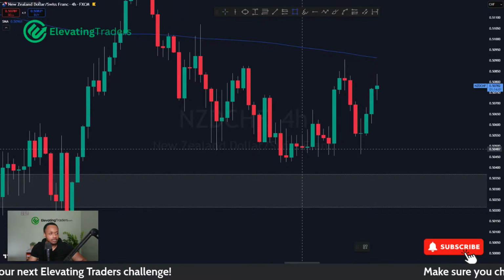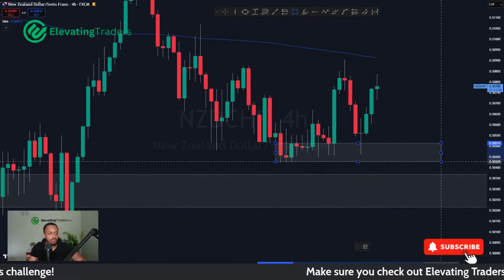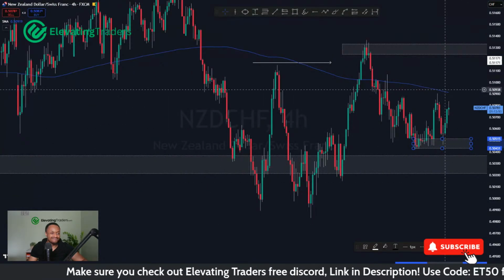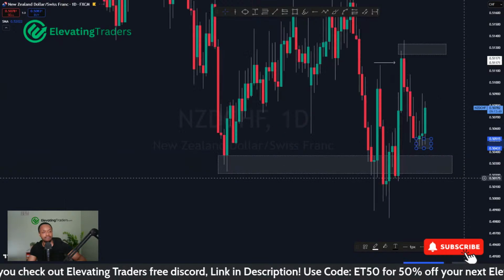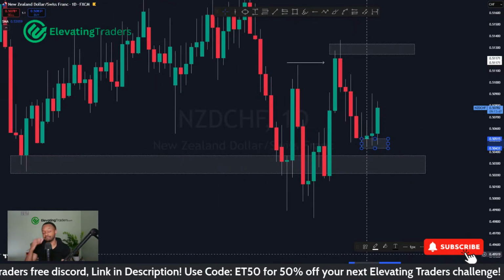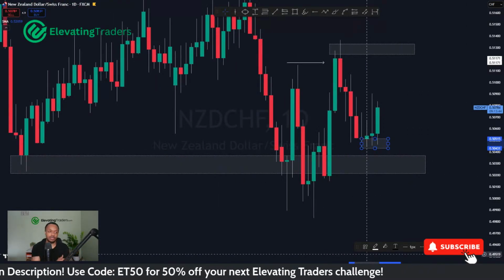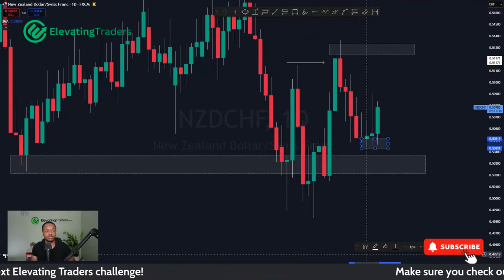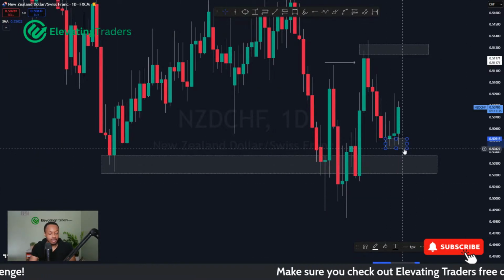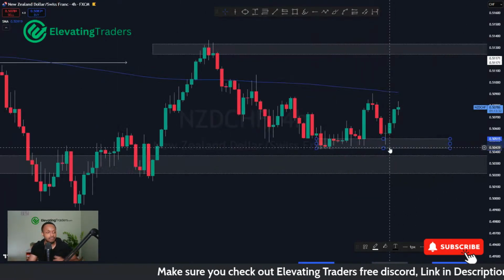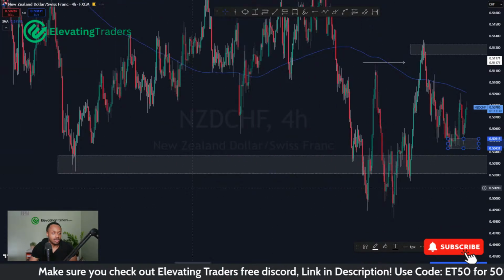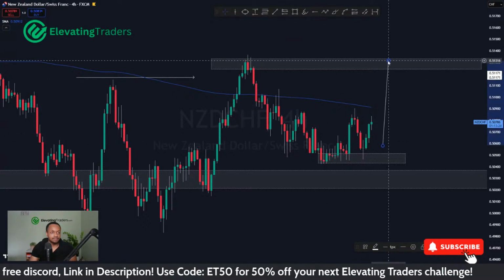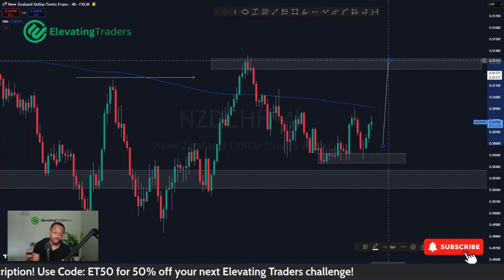But it looks like we've kind of just found support here, and price is just about to turn around. So I might be missing that move. Yeah, I mean, there's not much I can do because it's not really testing my level. Again, sometimes I can adapt to different situations. If it's testing another level but doing it really well, I can jump into a trade here, but it hasn't really done that at all. I know it's formed support, but that's more lower time frame support, rather than something a little bit stronger like this level here. But yeah, it looks like New Zealand CHF is likely to push to the upside. So I do think we can see some strength for the CHF pairs.